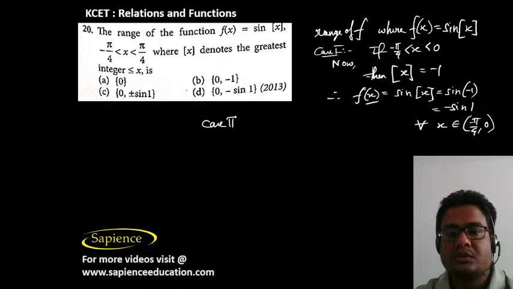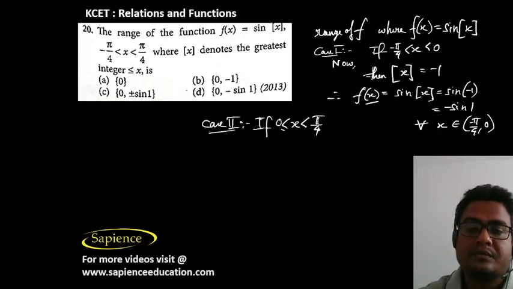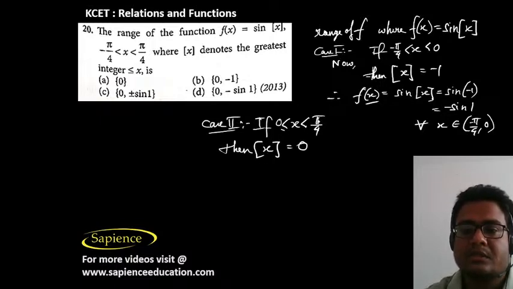Then case 2 is if x is greater than or equal to 0 and less than pi by 4, which is slightly less than 1. So then bracket x will be equal to 0. Pi by 4 is less than